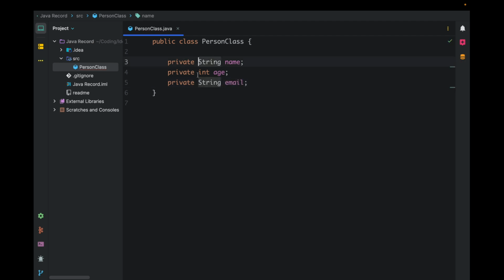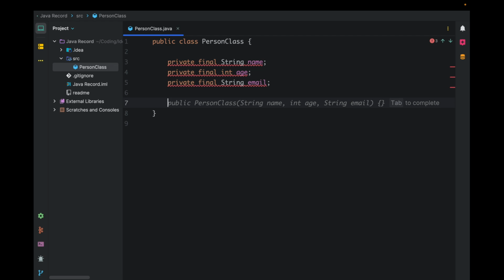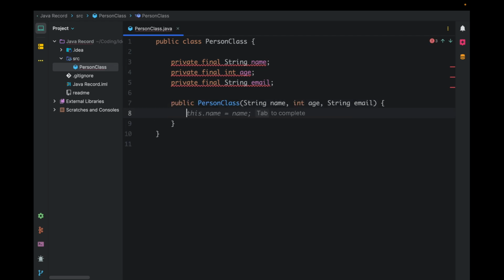So let's make those final, as we are creating the immutable class, so that the values once assigned to these properties, we cannot change those values. And to initialize those values, we have the parameterized constructor,